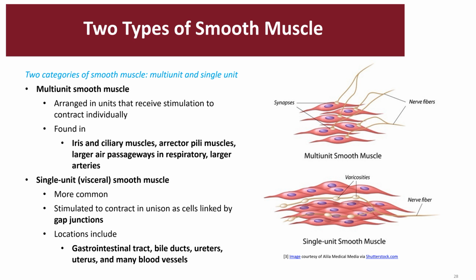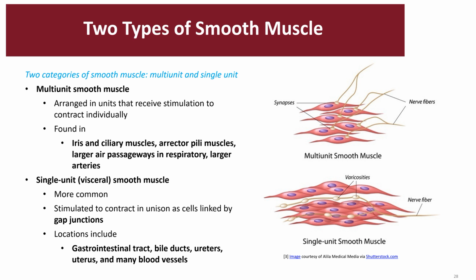There are two types of smooth muscle. They are broken down into the multi-unit smooth muscle and the single-unit smooth muscle. The multi-unit smooth muscle contracts individually, whereas a single-unit smooth muscle contracts as a syncytium, or in unison. These ones are also more common. Because they are able to contract synchronously, they are linked